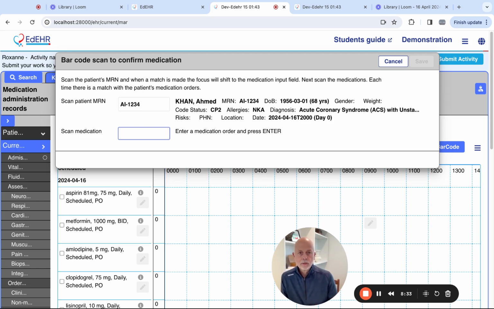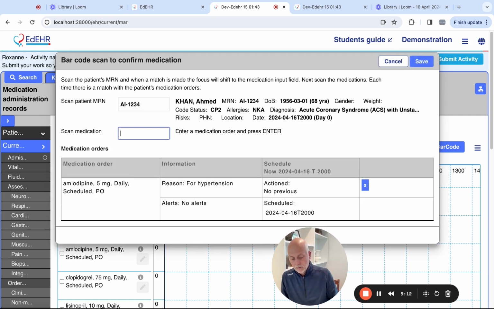EdHR is a pedagogical tool. Unlike EHRs, which probably don't do this, what we strive to present here is the information the student needs to know that they are giving the right medication to the right patient, and all the rights that you wish to instruct them in. So this really helps here. We can verify the date of birth. We can use the weight for doing calculations later on, although that's also on the patient banner. But we can see that we have the risks and the diagnoses ready to go for verifying that we have the right medications. So now the cursor automatically goes into the medication area once the correct MRN has been scanned,